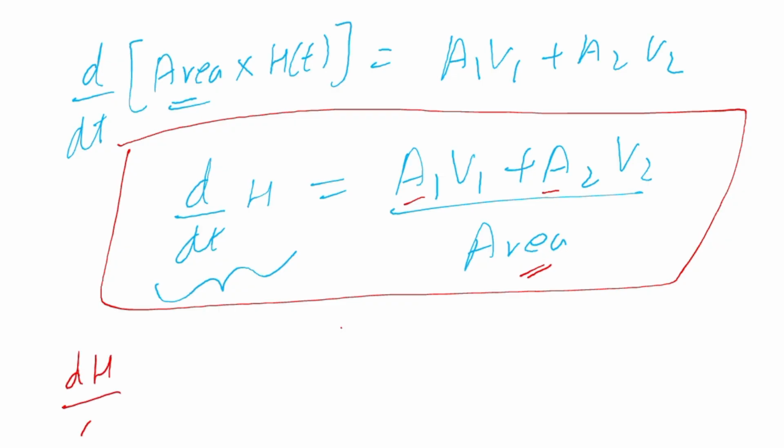So let's say you just had one inlet, so you have A1 V1 divided by the area of the reservoir or tank or lake. But let's say the area of the reservoir was,